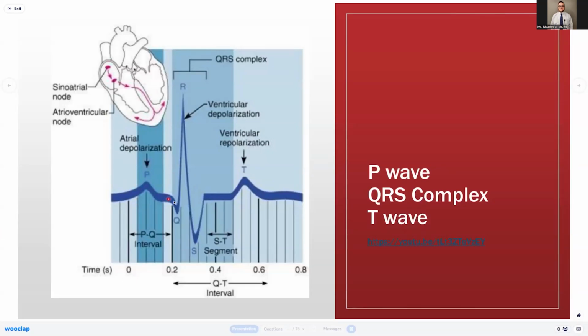So the P wave represents atrial depolarization. So the atria are contracting, this transition of the signal from the SA node to the AV node. That's the atrial depolarization, the atria doing their small contraction. That's why it's a smaller blip. The QRS complex, this whole structure, represents ventricular depolarization. So both ventricles are contracting, the movement of the signal through the septum and then the Purkinje fibers, this big, huge